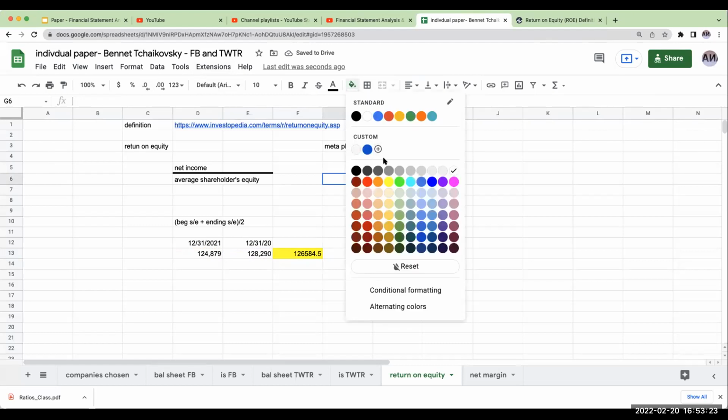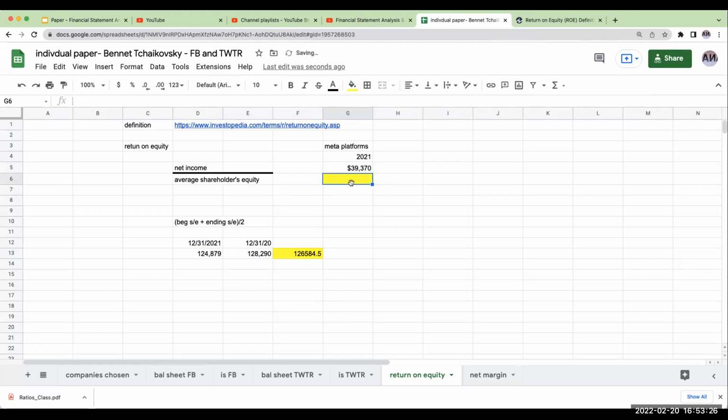So over here is our return on equity for Meta Platforms. This is going to be roughly about 31%. This seems to be a very good number to have, like this high of a return on shareholders' equity. So when I look at Meta Platforms for 2020, my net income is going to be